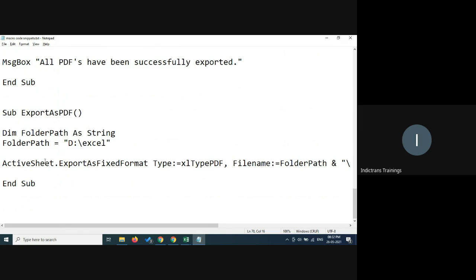And do you get any errors? While working with macros, you may get some errors in the beginning because you are getting familiarized with the environment. Once you get familiarized, you can go forward, and I can Google macro code for a particular activity. Like if you want to export as PDF or export as PNG, you can search for Excel macro code for exporting as PNG. You should get something.